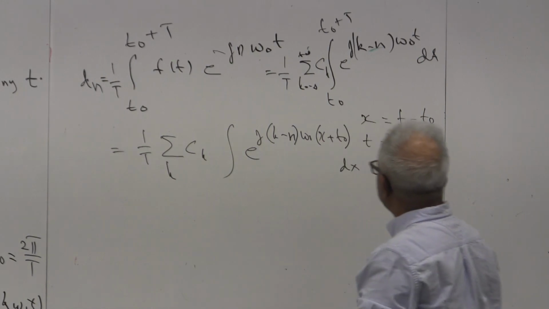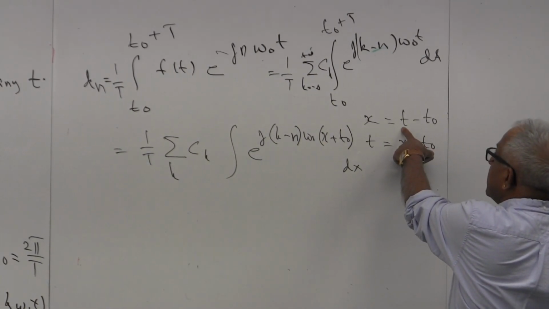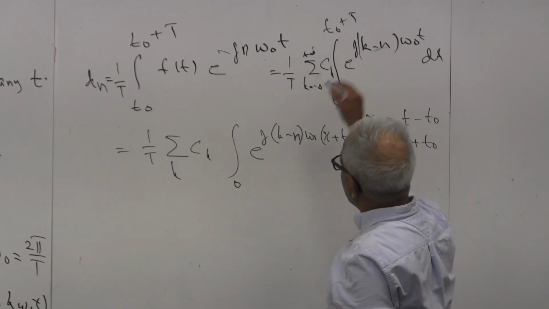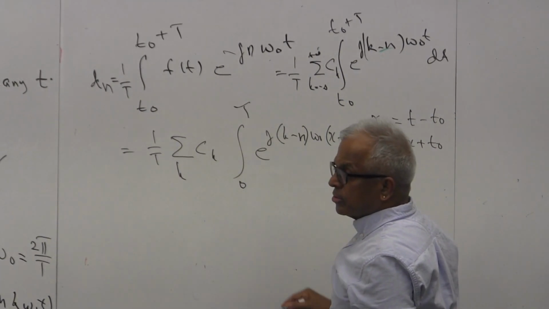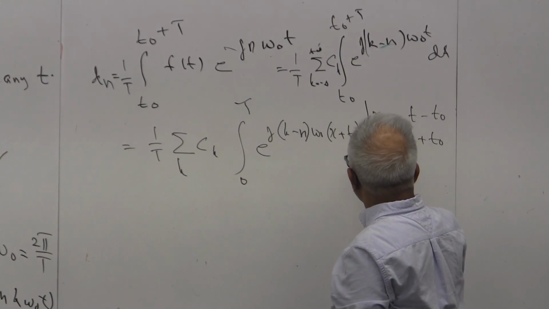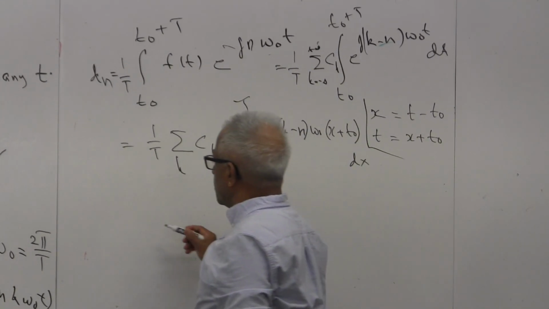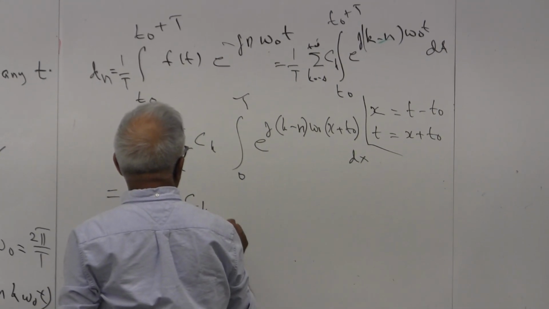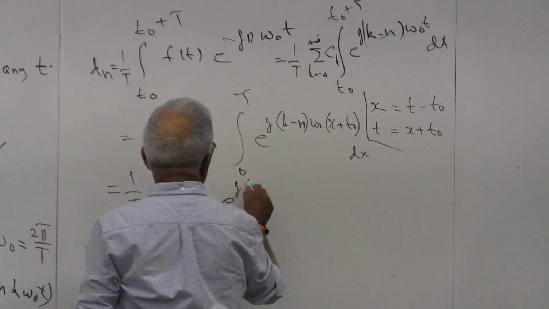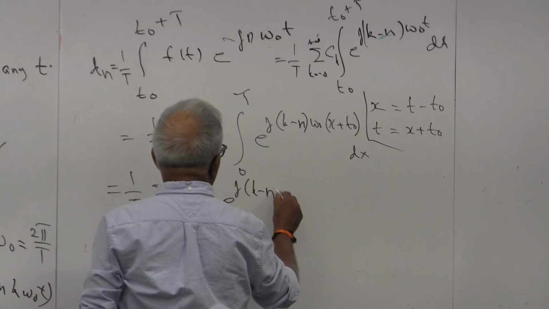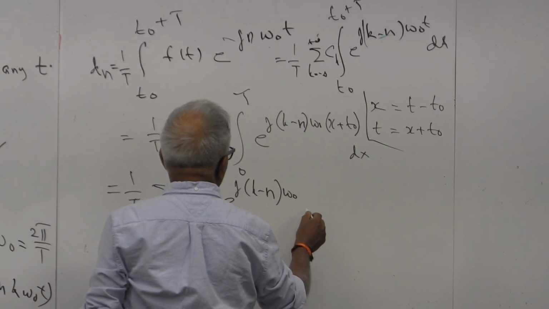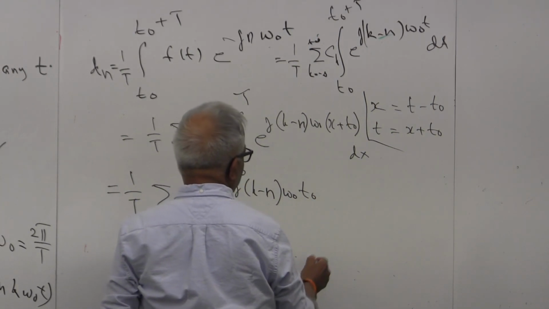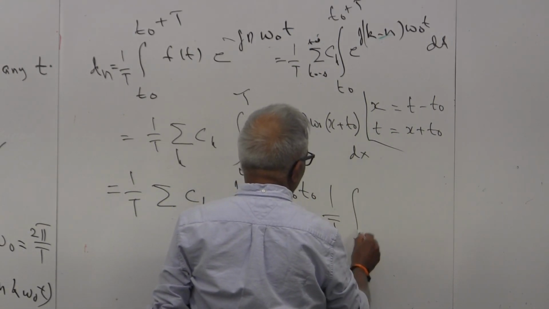Okay, now how about the limits? Look at here. When t is t naught, x is 0. And when t is t naught plus T, x is T. So I just wanted to shift it. And the integration is only with respect to x. So I'm going to pull out a constant, 1 over T summation ck. I don't know whether you have looked at it, but this proof is there in my notes, but I'll just do it here quickly. And I can pull out the terms involving t naught outside. So this now becomes